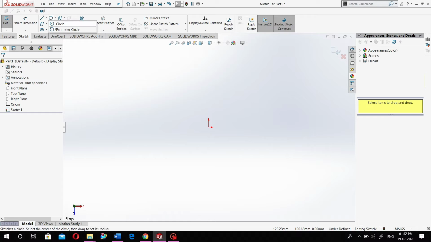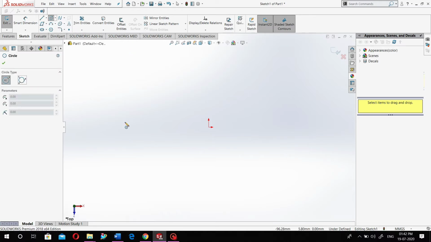Here you can see two different circles, that is a circle and a perimeter circle. You have to click on this circle. Just select the circle and place the first point where the circle is going to start. You can start with the midpoint, or we can call it the origin, or any other point you want. So I start with the origin, and here the circle is created.